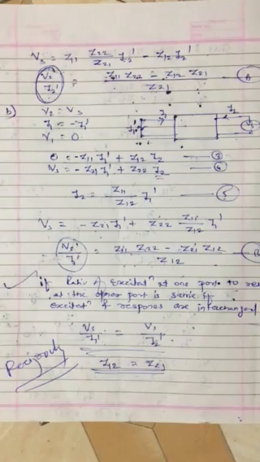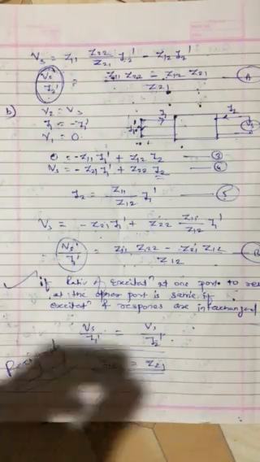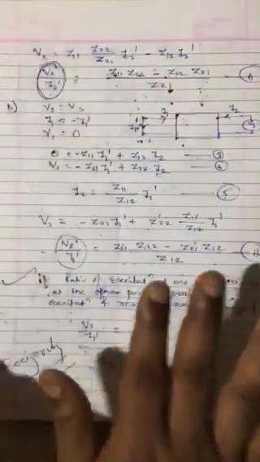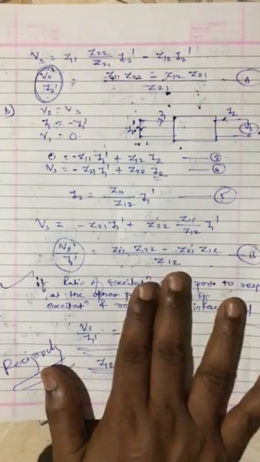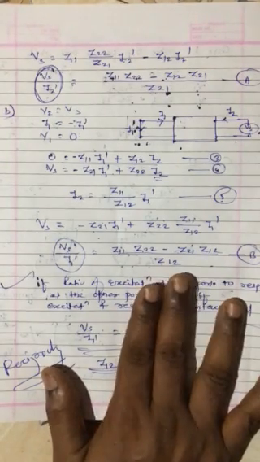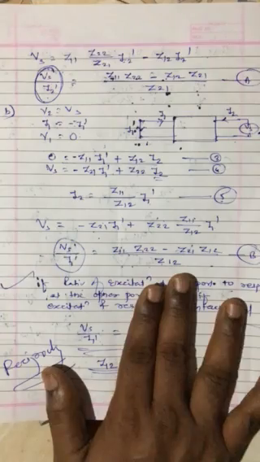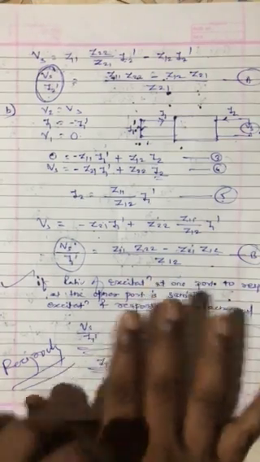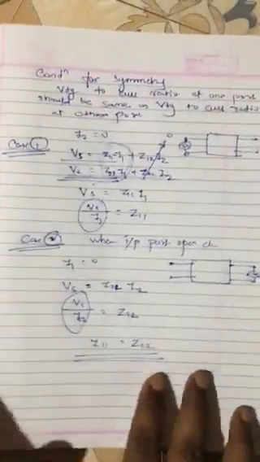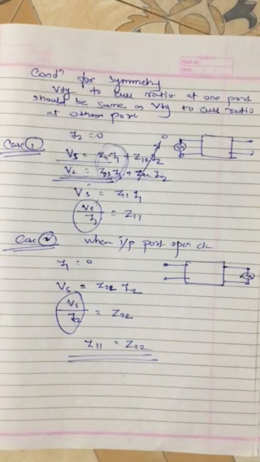Thank you. In the next lecture we will study short circuit admittance parameters, that is Y parameters. This whole thing was for Z parameters, or open circuit impedance parameters. All things will be similar, meaning the condition for reciprocity and the condition for symmetry, everything will be a repetition of the work.